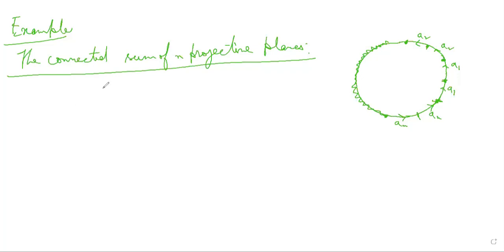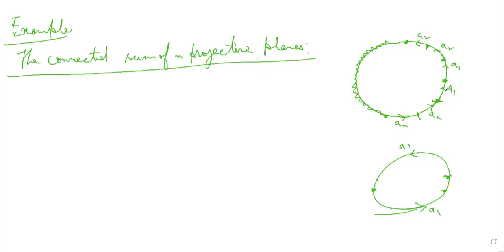So we know what the projective plane is. We have already seen that if you take the circular disk and identify the antipodal points of the boundary of the circular disk, that is the circle, then we'll get a projective plane. So in other words, if we consider this A1 and then this E1, this is identified with this, and this with this, like this. Similarly, we have extended it.